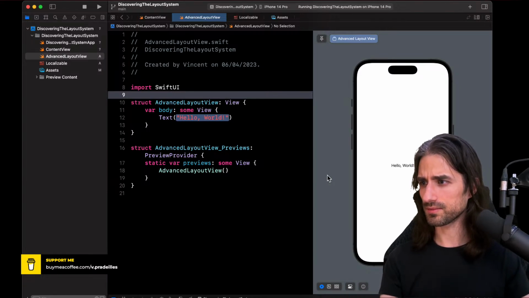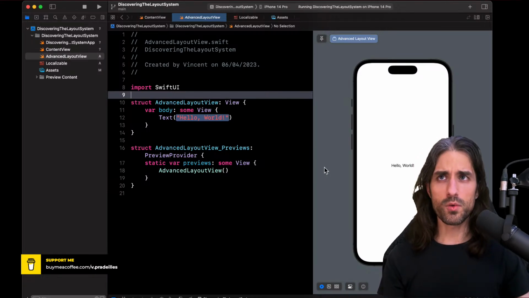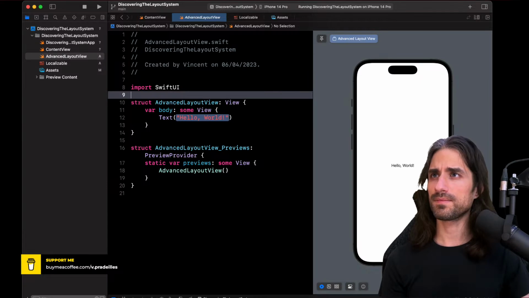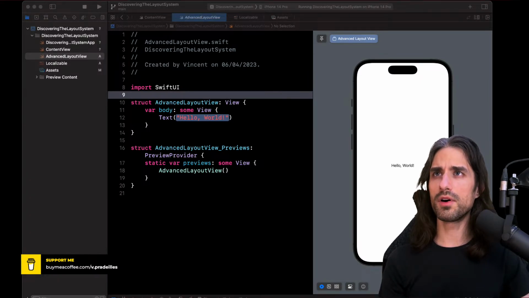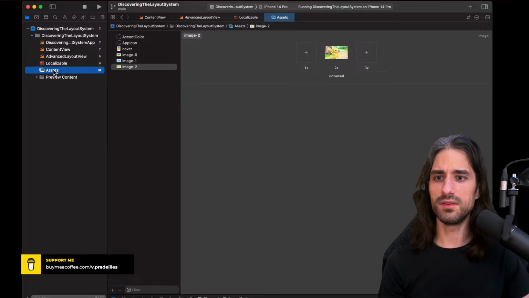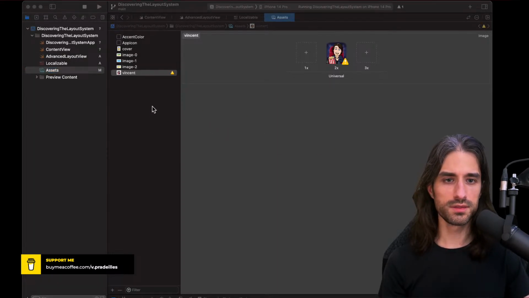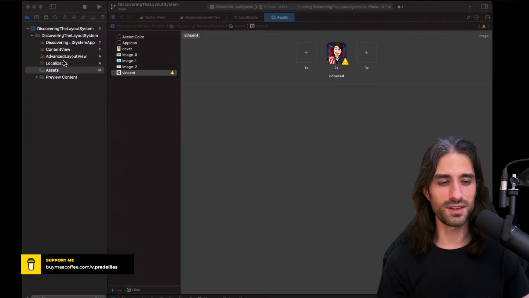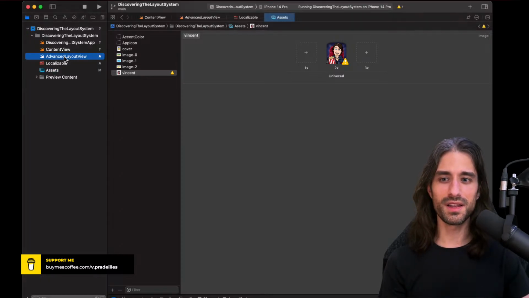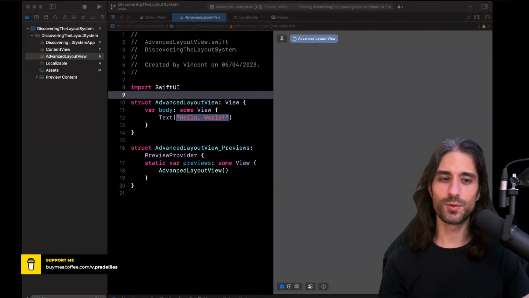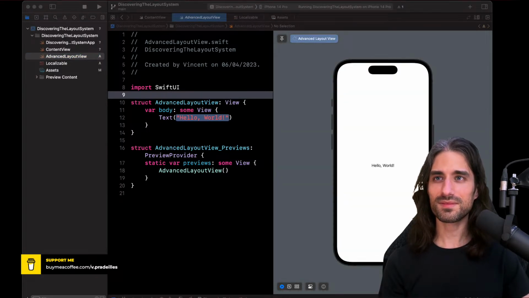Okay. What do I need? I think I need one more image. Yes, I need one more image, so it's that one. So I made this training material back when I was using Bitmojis a lot on my thumbnails, and so that's something that is from that point in time, but we're going to use that image.